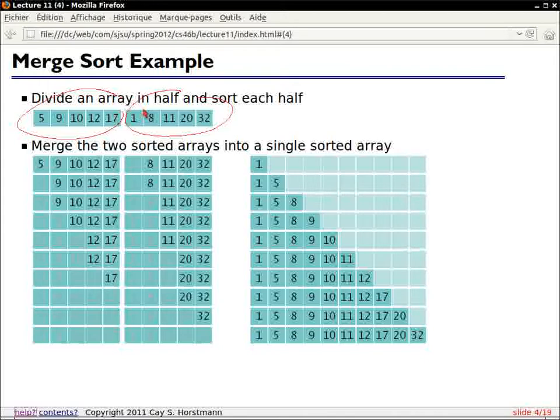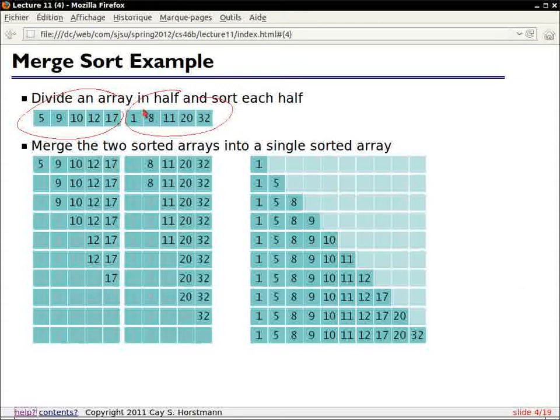Now you might say, how are we going to sort each half? But that's where we're going to be using the miracle of recursion. It's a smaller array, so we figure that somehow we'll be able to sort it. Recursion means that you can deal with smaller problems. So I have an array with 10 elements. I cut it into two arrays of 5. By a miracle, the shorter ones can be sorted, so I just sort them,